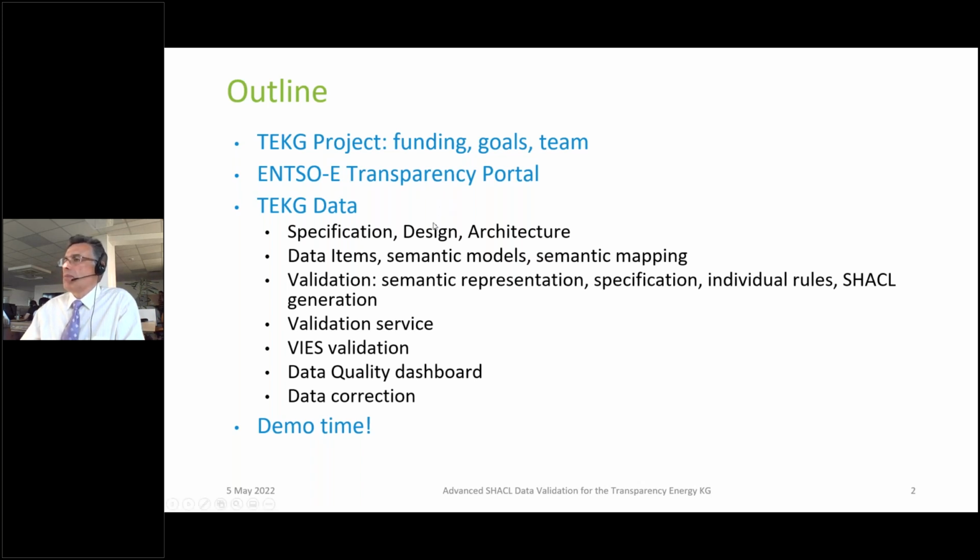Then I'll be describing the TAKG data. First, I'll show you the specification that we have written, a rather comprehensive document about the data that we assemble and the project and how it is going to be implemented and so on. Then I'll describe the data items that the project works with, show some semantic models of some aspects of the data, and then we'll come to the gist of the presentation, which is about data validation, how we represent validation rules,